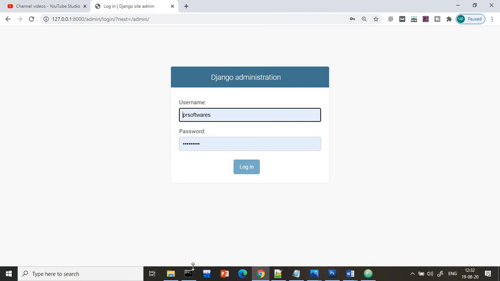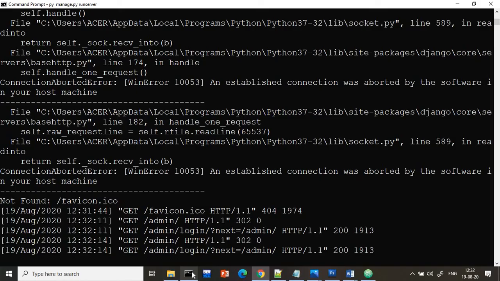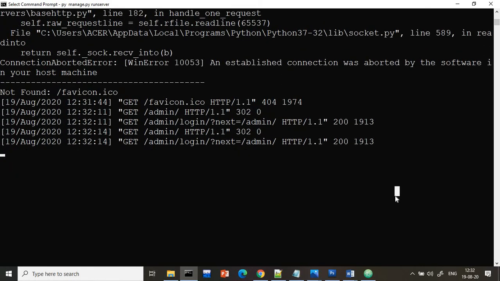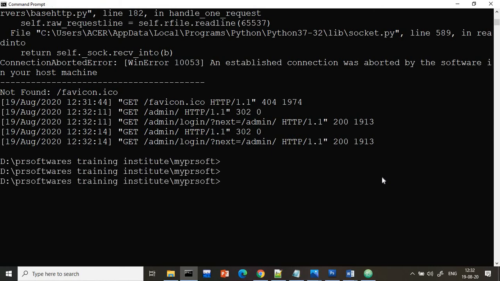Okay, so here we are getting the administrator page, but we need to create a username and password. To create the username and password, first close the server with Control C. Then you have to create your username.